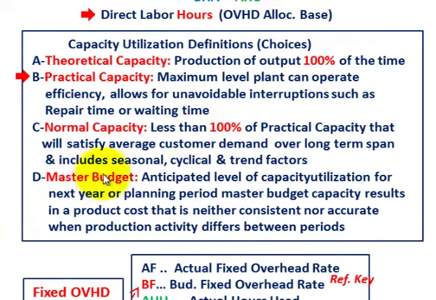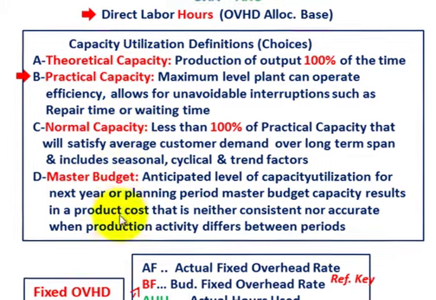Then we get down to our master budget. That's the anticipated level of capacity utilization for the next year, or the planning period for the master budget. And that capacity results in a product cost that is neither consistent nor accurate when production activities differ between periods. It's not keyed around the capacity level of the plant. It's whatever the sales department and the rest of the company feels they're going to be selling within the next year. Okay, so we've got these 4 different levels to choose from,